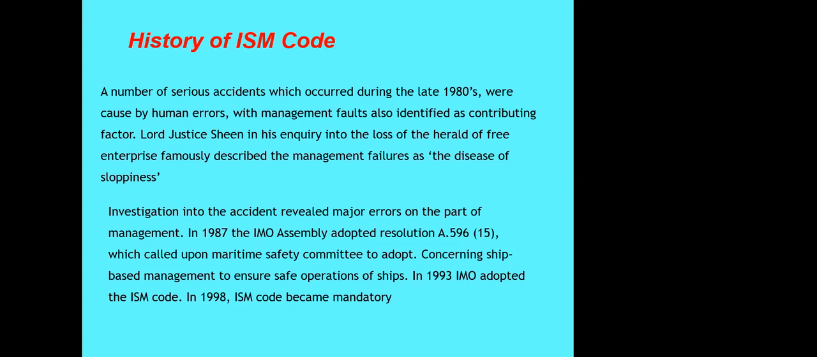But apart from human error, there are other contributory factors in incidents, for example lack of maintenance, machinery failures, and poor design in equipment. All those are contributory factors that caused a number of serious incidents in the late 1980s. Some of these incidents, like I said, include the Herald of Free Enterprise and the Exxon Valdez. There are so many incidents that happened in the late 1980s, and responding to these incidents, in particular the Herald of Free Enterprise,